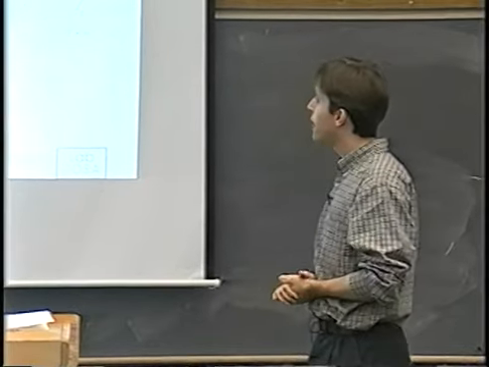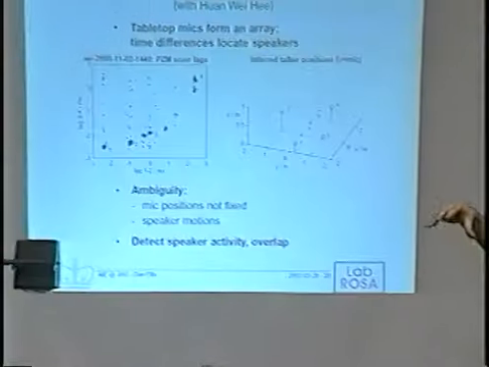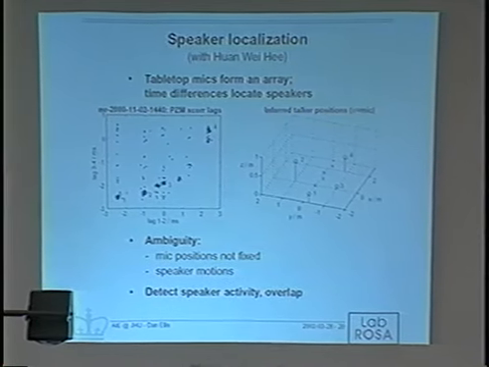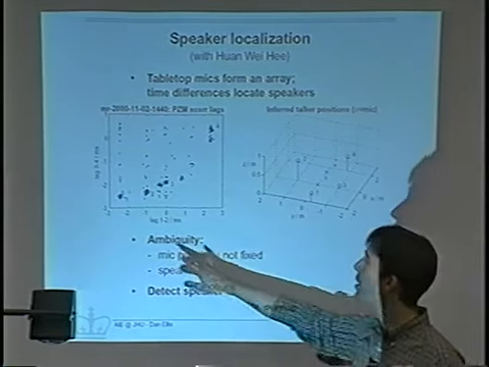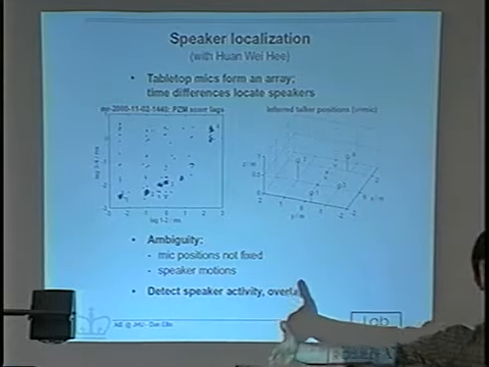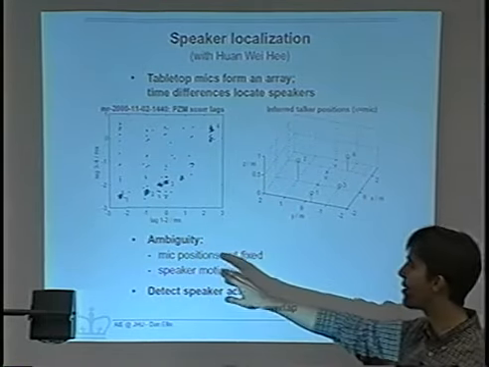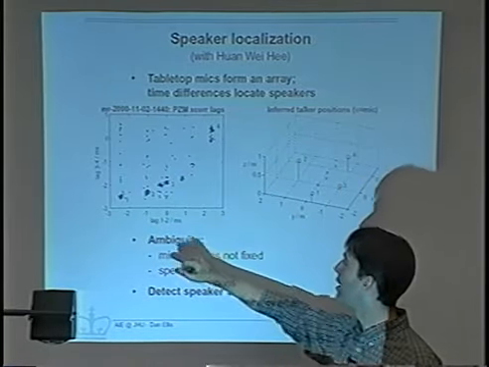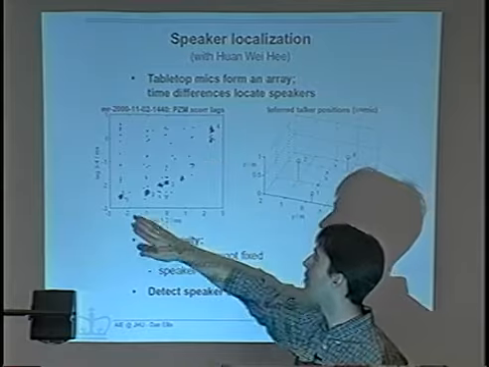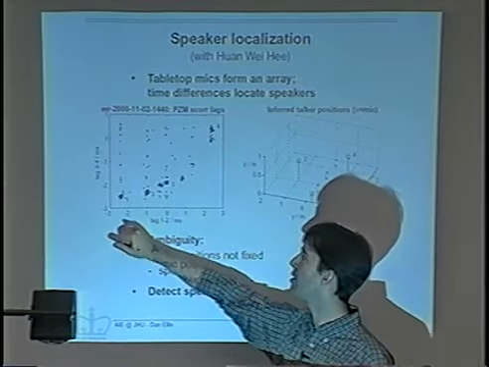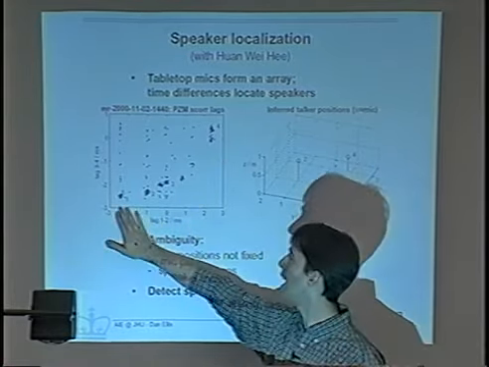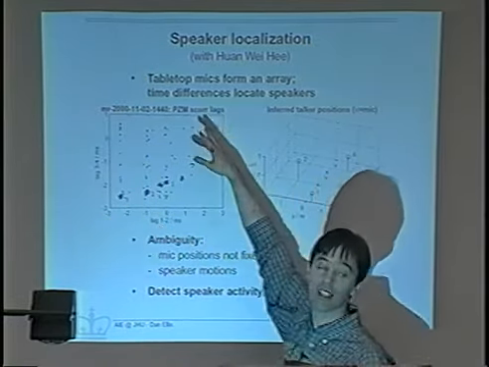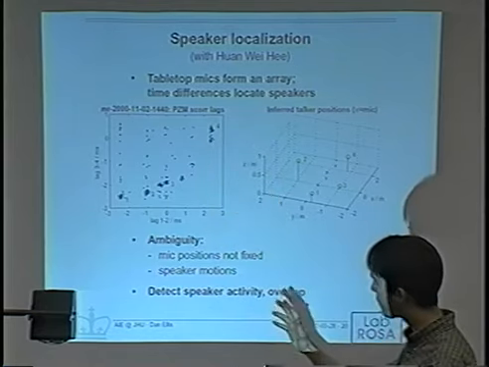Another thing we're trying to do is just taking those 4 PZM microphones we had down the middle of the table and see what speaker information we can get from that. And this works really nicely. You can do the cross correlation because they're about a few feet apart. You can do cross correlation between the adjacent channels, and so this is just a scatter plot of 10 minutes worth of data, every half second cross correlating the channels. And then this is the cross correlation lag in milliseconds between the first 2 microphones and between the second 2 microphones. And you get these clusters coming out really nicely, which are the individual people speaking.